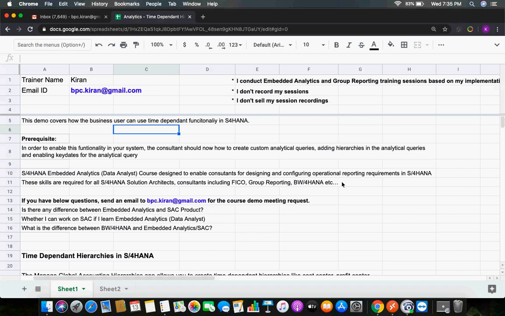Kiran, how are these stored separately, or where are they stored? Please restrict to time-dependent hierarchy in S/4HANA. Don't move to BPC integration parts. How we are going to load, please don't go to that. Sure. So the question is, how are these time-dependent hierarchies stored differently compared to the old cost center hierarchy?